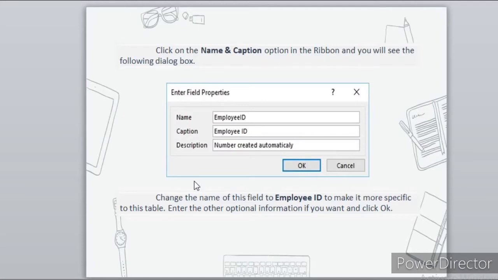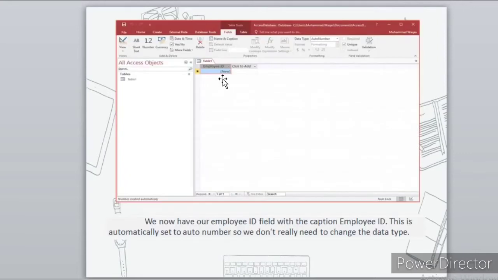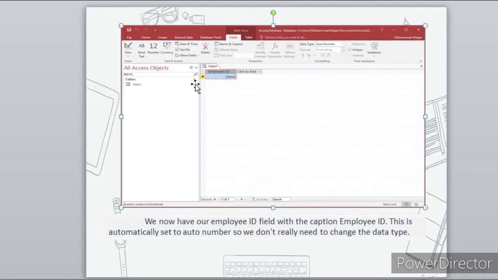Enter the other optional information if you want and click OK. We now have our employee ID field with the caption employee ID. This is automatically set to auto number, so we don't really need to change the data type. This is the changed ID.